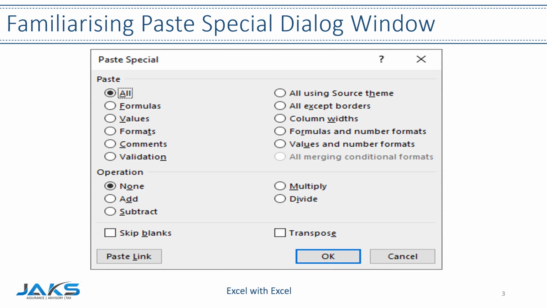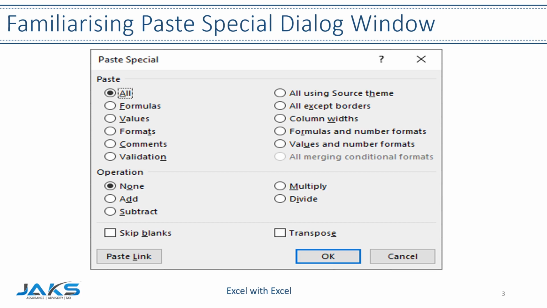To use Paste Special, just copy normally, then use the shortcut Ctrl+Alt+V to bring up this dialog window. Alternatively, you may use the Alt+E+S command also. Using this shortcut does not actually finish the paste, it simply displays the Paste Special dialog window where you can choose the options you want. Once this window is displayed, you can click on the radio buttons of options to select it. Please note that you can choose only one option at a time in the Paste and Operation sections.